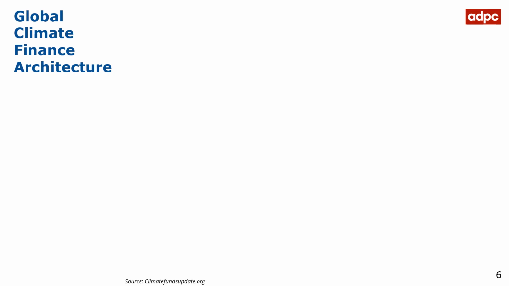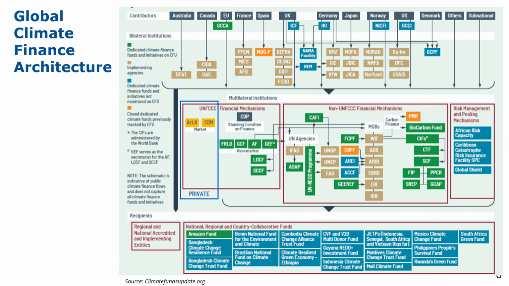This diagram illustrates the complexity of the global climate finance architecture. The purpose is not to memorize every box or arrow. Rather, the purpose is to recognize that climate finance moves through institutions with different mandates, procedures, eligibility requirements, and decision points. Dear participants, now please think in your own context: which institutions coordinate climate finance, disaster risk finance, early warning, social protection, and national budgeting? Effective early action financing often depends on how well these systems speak to each other.